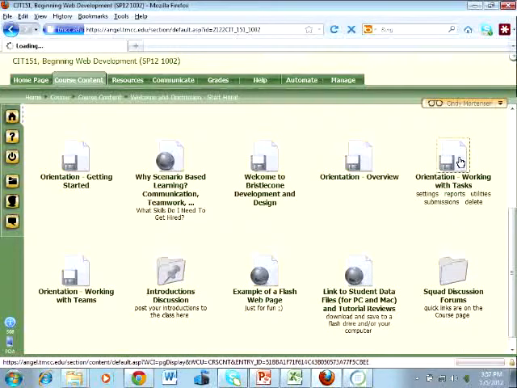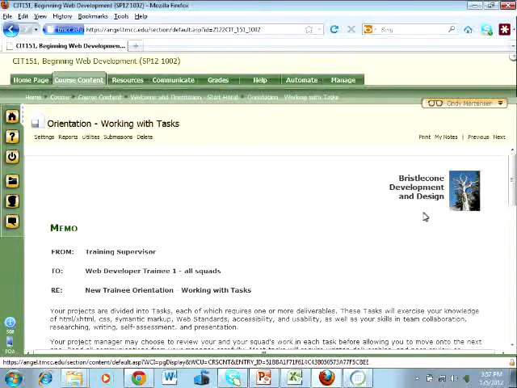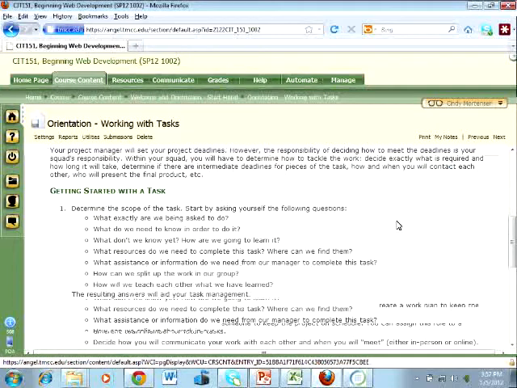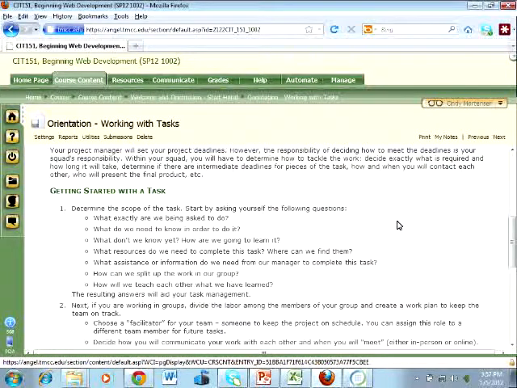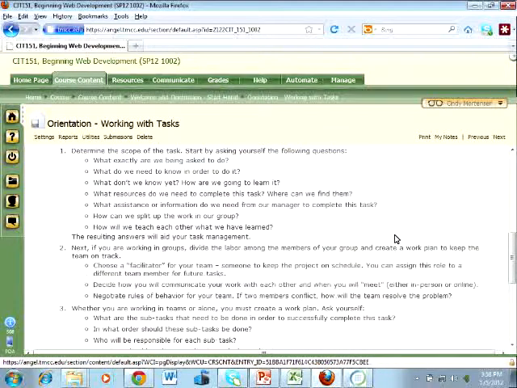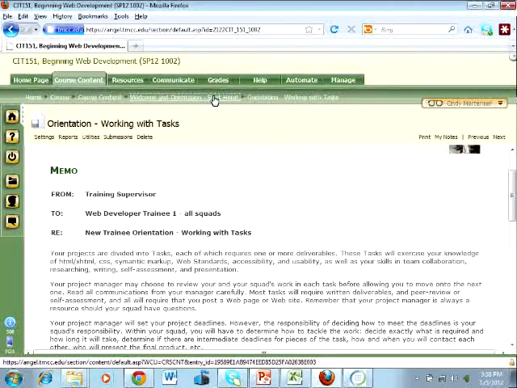Okay, so working with tasks, I'm just going to show you the same style of document here where we talk about the things to think about in working with tasks. All of these are out there on the web. Now, of course, this is in my Angel class, but as I said before, I'm going to have Elaine show us her task. It's up there on the web and it's available for you. It was written up as a scenario. So that is something you can be referring to, because we borrow very liberally from everybody else's.